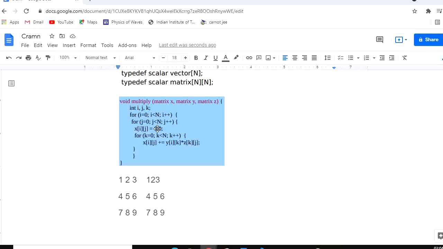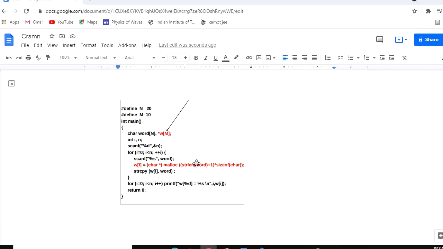We have initialized it to 0.0 as this was double type, and then we add to that x[i][j] the value y[i][k] times z[k][j]. So y is the first matrix, z is the second matrix. y[i][k] represents the row and z[k][j] represents the jth column. One by one, when k moves from 0 to n, we get all the values, and the result is added and we get the resultant matrix here.